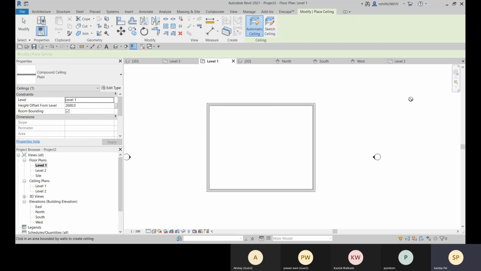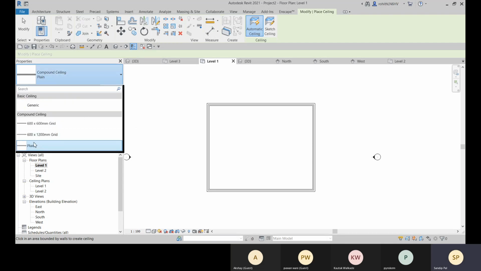The ceiling will be placed at the same level where you have placed that bottom floor, at a distance, at a height. Here you can mention the height, like 4000 will be the height.